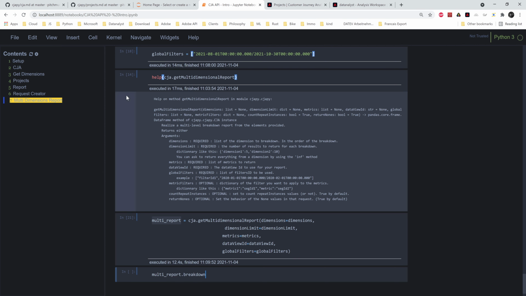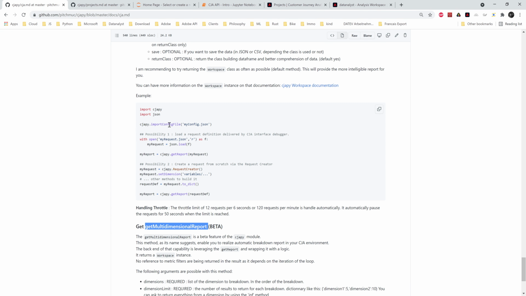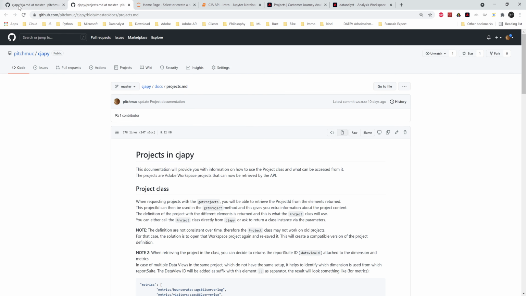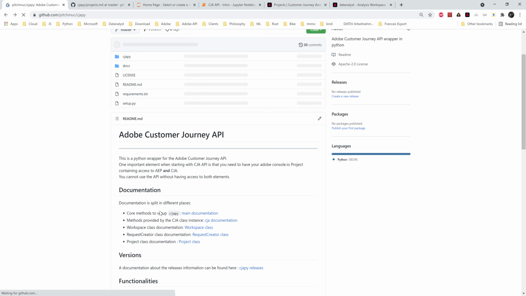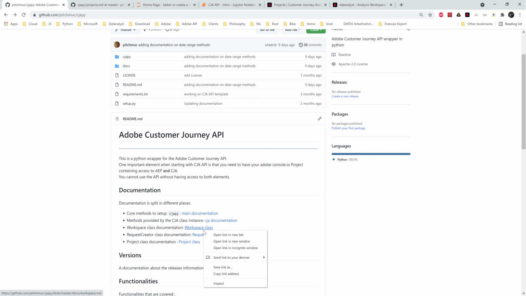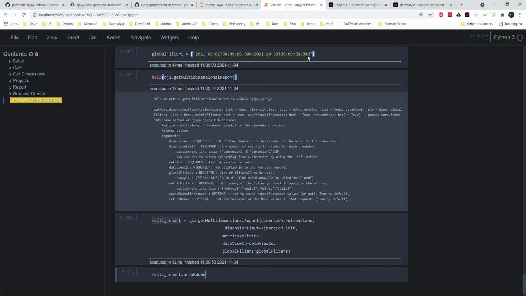So if you read carefully the documentation about the workspace class, it will notify you that the breakdown capability does not work on the multidimensional result. I just didn't remove it, but this will not work. But if I look at the data frame,